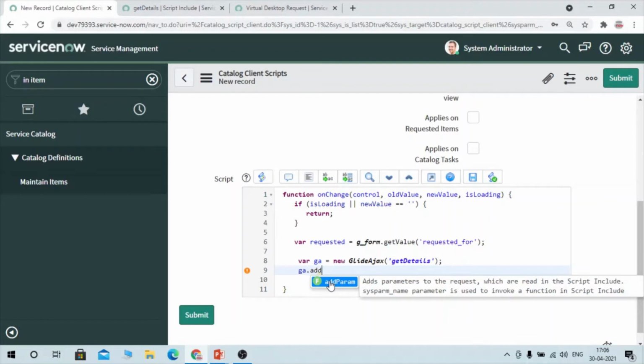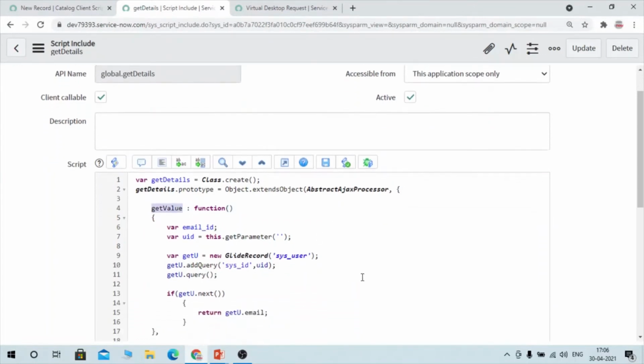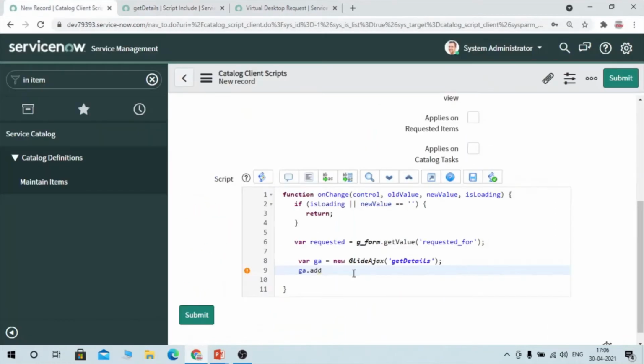This is the parameter name. This sysparm_name is used to invoke a function in the script include. I have written this function, getValue, and I need to invoke it. Whatever functionality I have defined here, I need to call on the client side, so I'm going to use addParam for that.